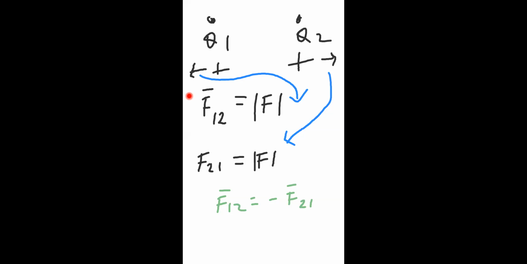Can anybody tell me, from the vector's point of view, whenever we are given two points, what will be the direction of the vector? Say, for example, I know these two point values. Please imagine these two are your charges. Definitely the force will be along the line connecting these two charges. It may go like this, or it may go in the opposite way also.